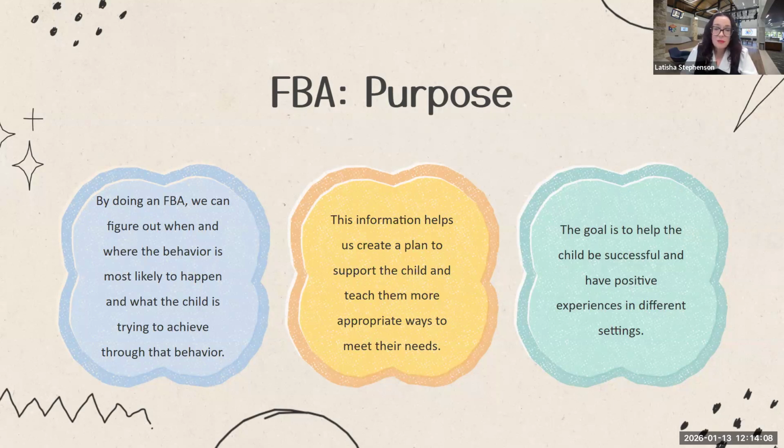Maybe they can't read yet. Maybe they aren't reading fluently. Maybe they get really anxious or nervous to read in front of their peers. And so maybe they would rather run out of the classroom or engage in behavior we don't want to see in the classroom simply to avoid looking, quote unquote, dumb or stupid in front of their peers. And I say quote unquote because I've actually talked with students and they would say that. They would say, I would rather run out of the classroom than have my friends think I'm stupid. That is something that they want to avoid often.